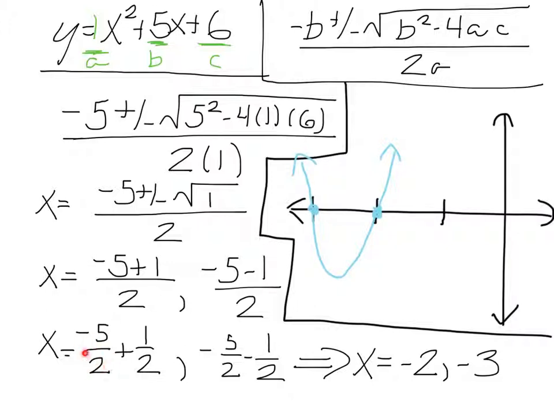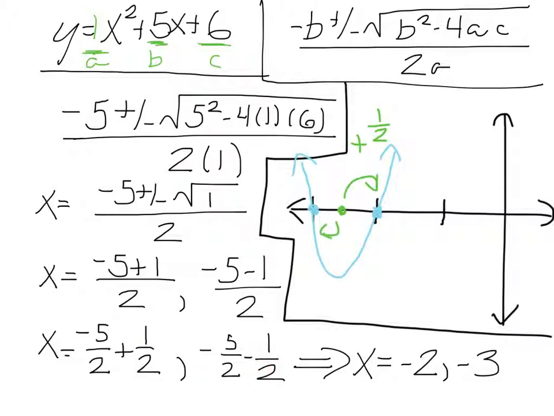So let's think about this negative 5 over 2 and this negative 5 over 2. Negative 5 over 2 is the same number as negative 2.5. And negative 2.5 occurs right here, directly in between negative 2 and negative 3. So what this formula is saying is take this negative 2.5 and add 1/2 in this direction, as in that's what it's telling us here. Then it's telling us to subtract 1/2